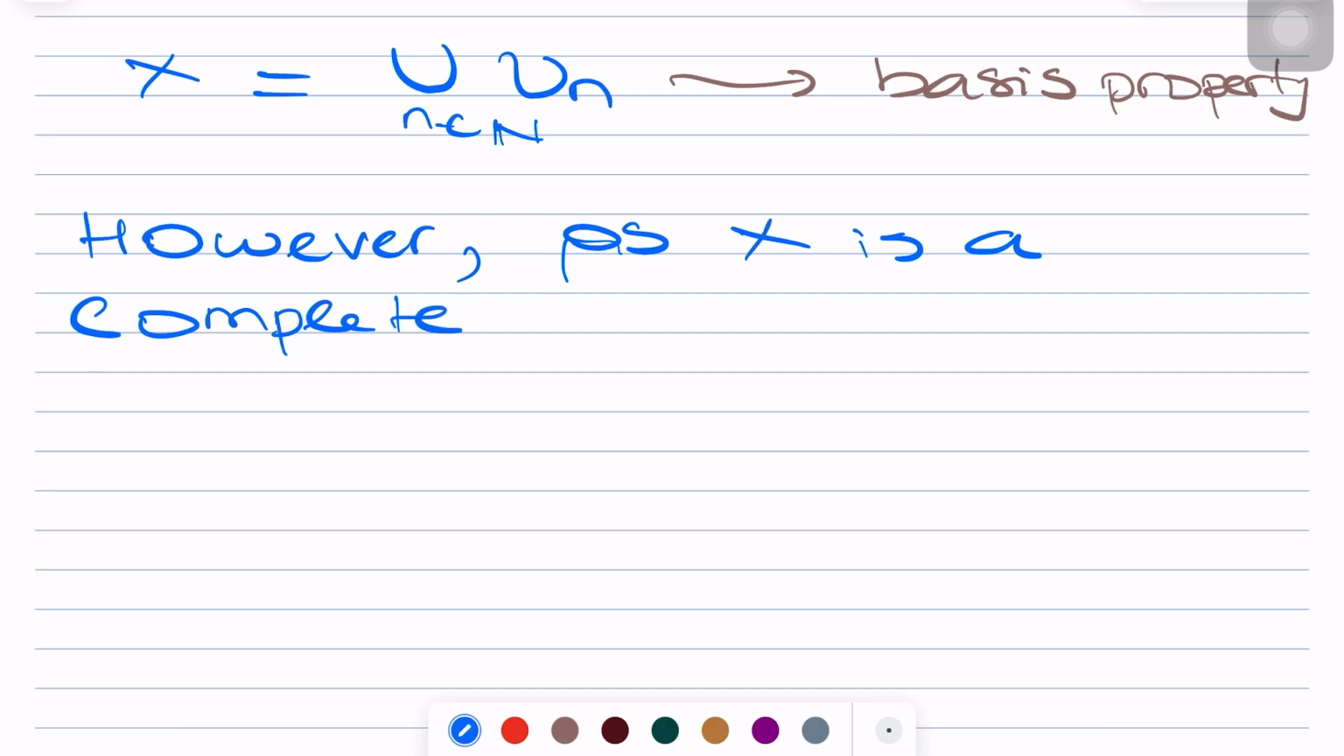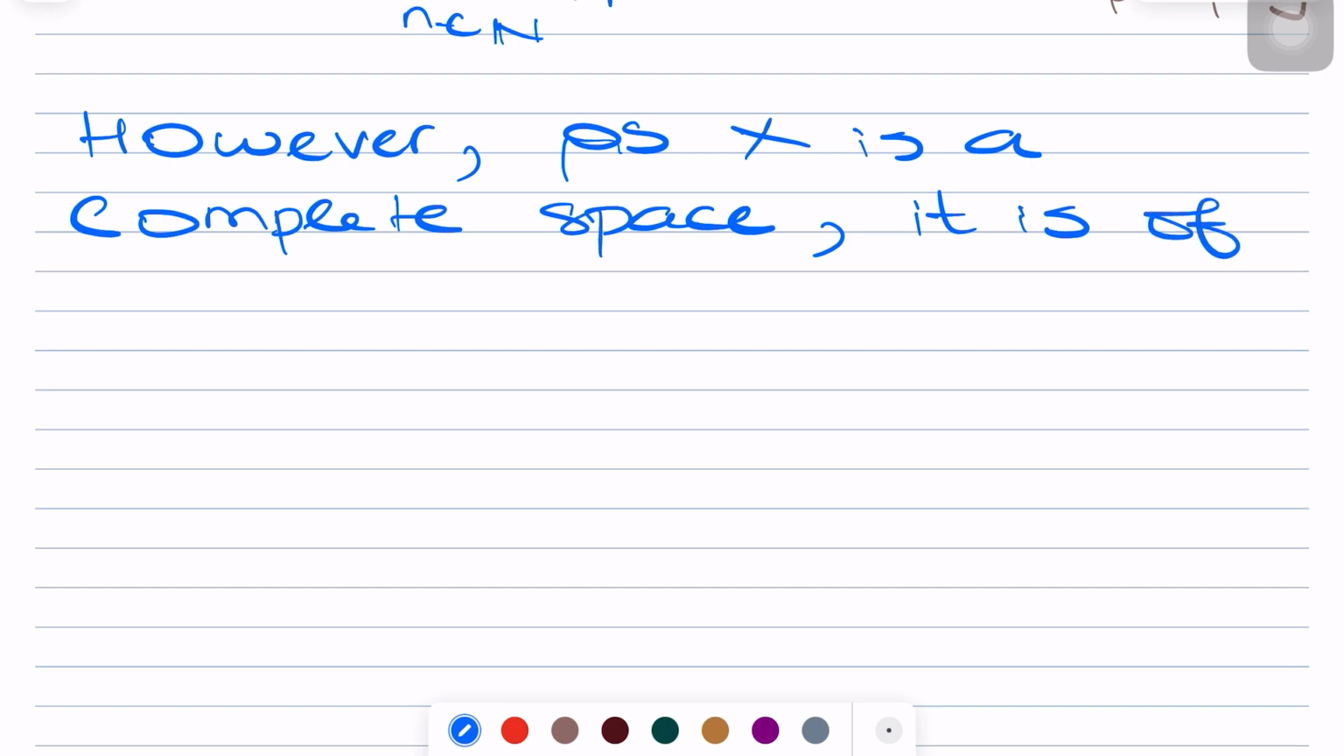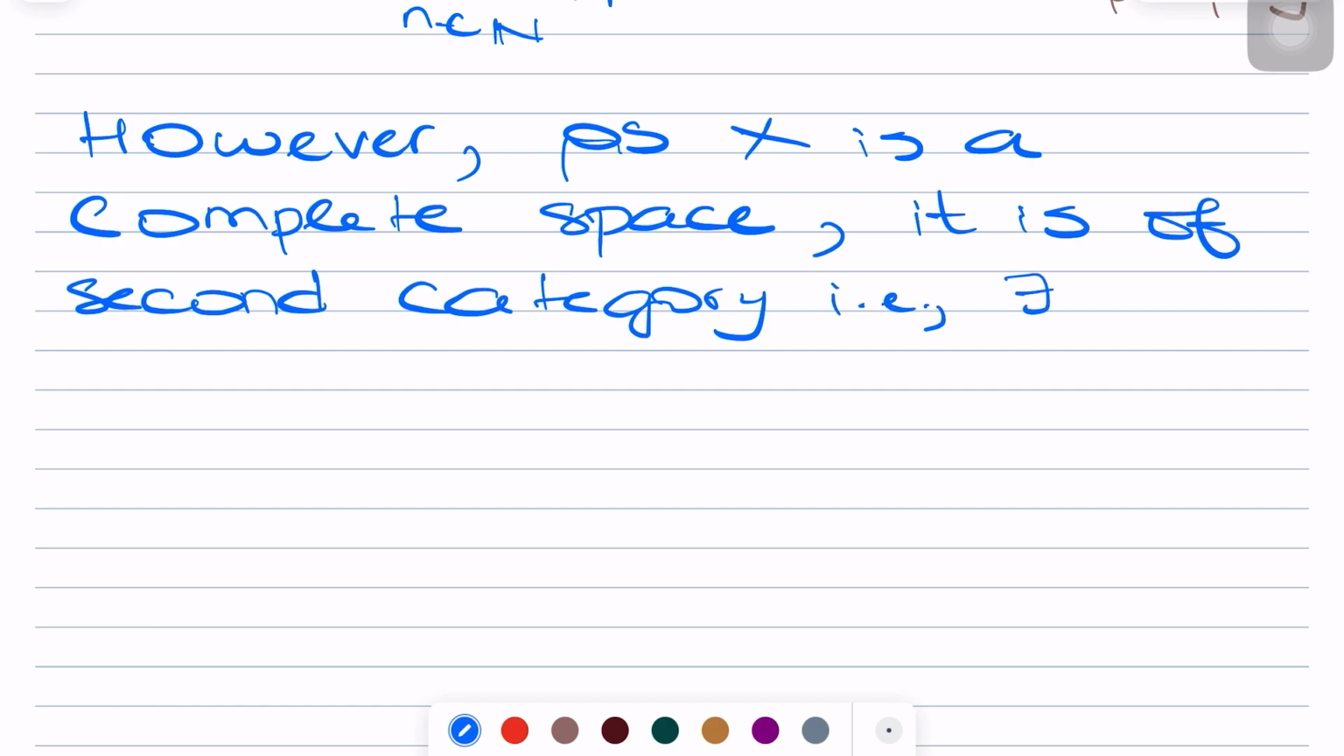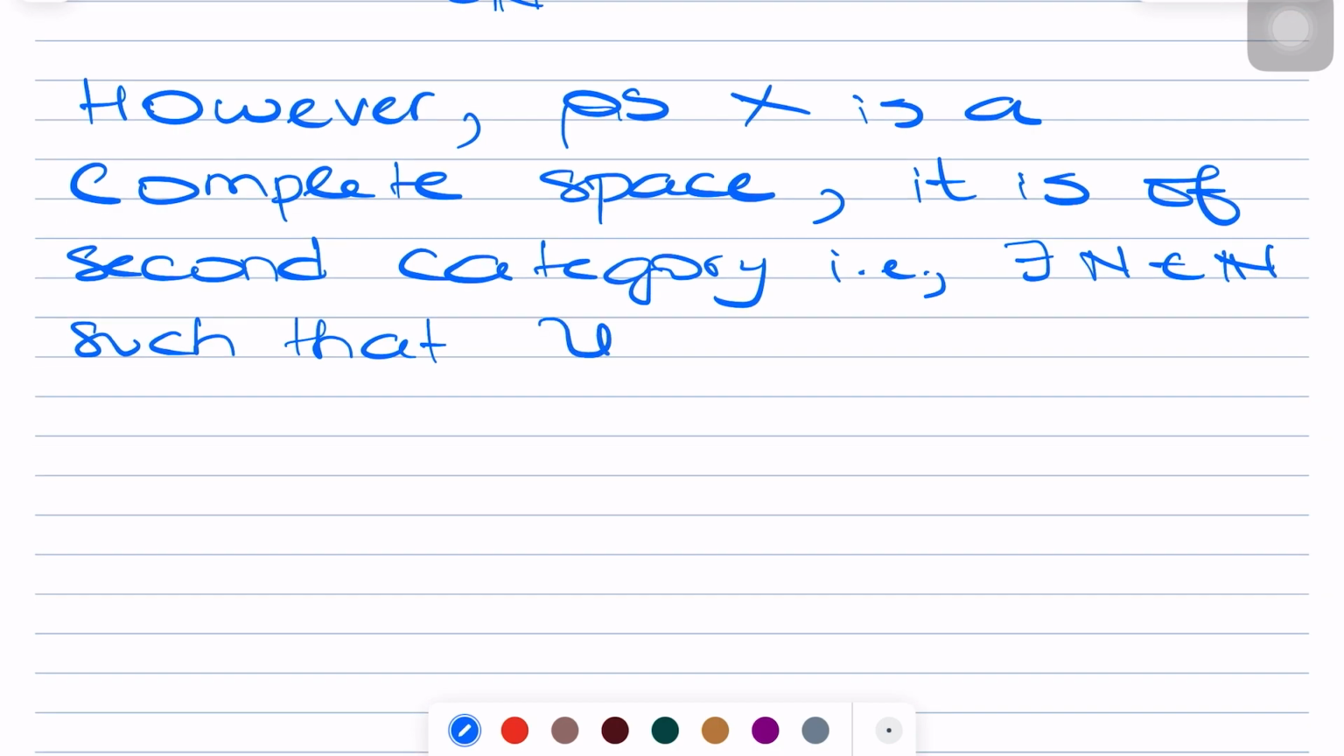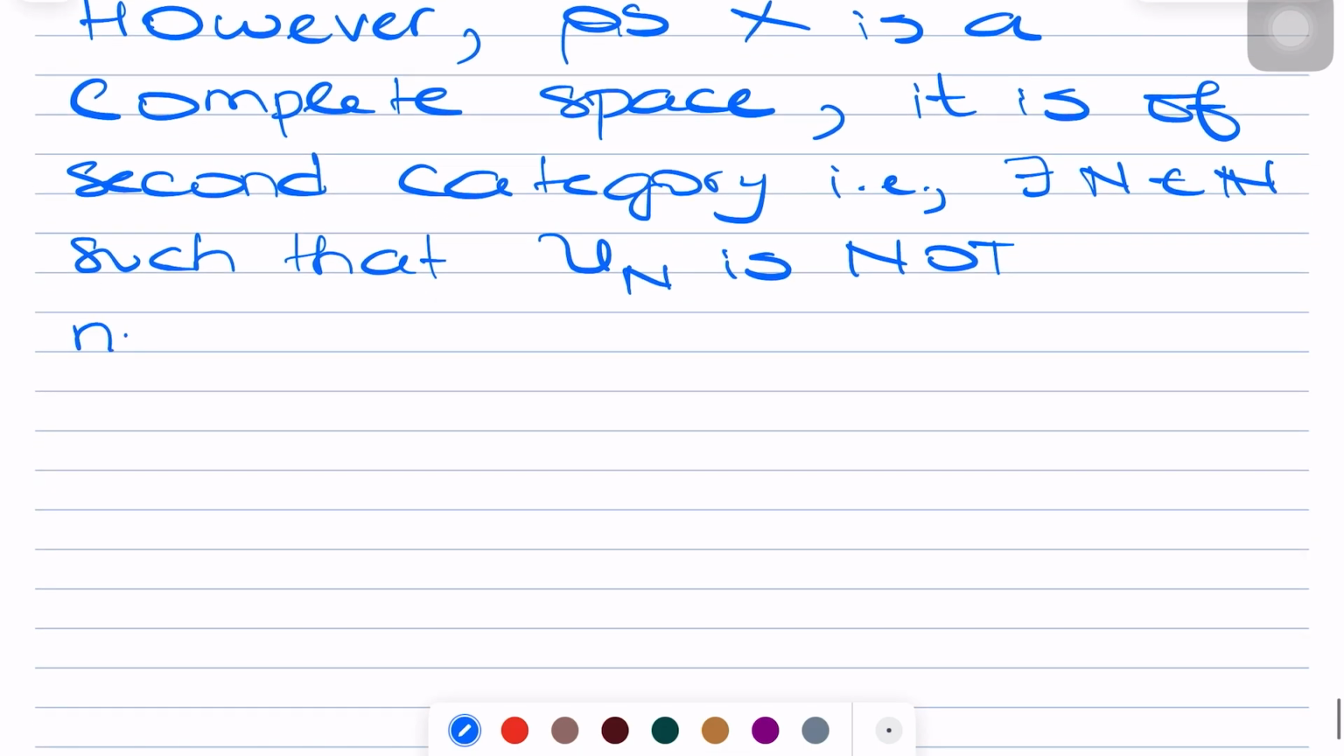It's a complete space, right? It is of second category. That is what we know. It is of second category. That means there is at least an n in N, right, such that U_N is not nowhere dense. It's not nowhere dense. So that means